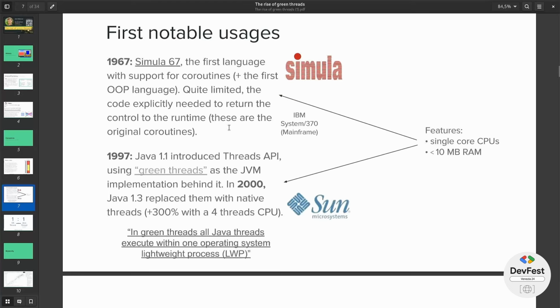Another example of coroutine usage, at least the lightweight one, is the first version of Java 1.1, which is the first version with the threads API. And why did they use green threads? Basically, we are in the context of single core CPUs. So I already said that we didn't need to optimize much. And in fact, they kept them only for 3 years because